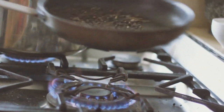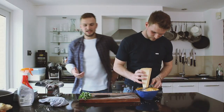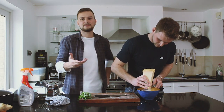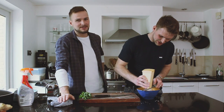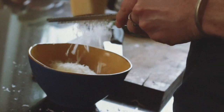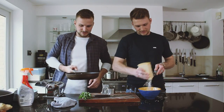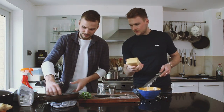People always underestimate pepper, they just think it's for seasoning, but it's a great spice. Yeah, use it for everything. So how to tell when your pepper's pretty much done is when it just starts to smell more peppery. Like if you start sneezing, then that's kind of... Your pepper's done when your pepper smells like pepper. It's always like when you toast nuts, you should always toast your nuts before you use your nuts, do you know what I mean? And then you get that more nutty aromatic thing. It's basically the same sort of concept. Smells amazing. It just smells like pepper, and I'll put it back into our pepper mill